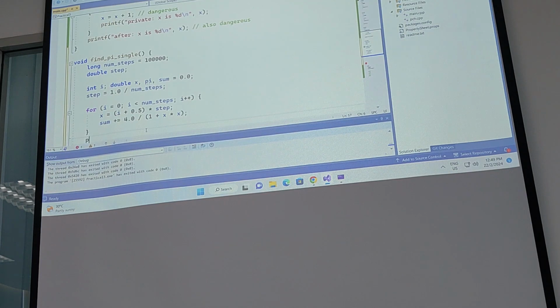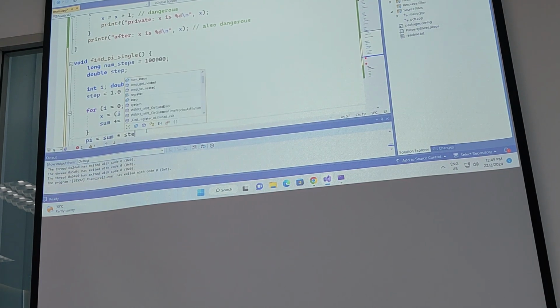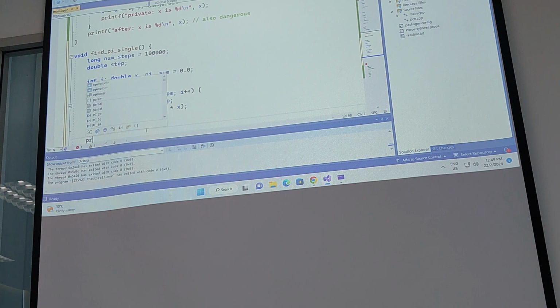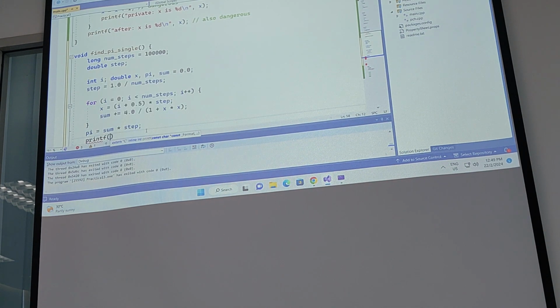Okay, and then pi equals sum multiplied by step. So that is the final part. And then here is printf, the result. So let's see what the result is. This one is pi is